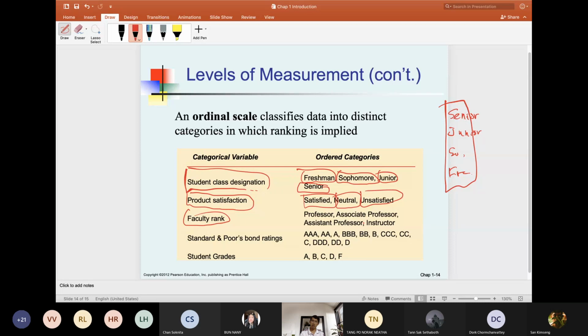Usually, if you go to the internet and search for faculty rank for universities abroad, they classify the rank of instructor, lecturer into instructor, and then assistant professor, and then associate professor, and finally professor. So instructor is just those who teach in a university, the ordinary teacher, and